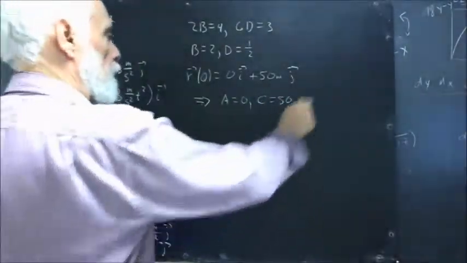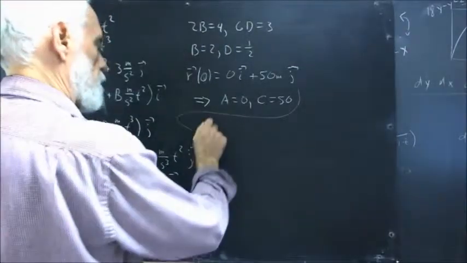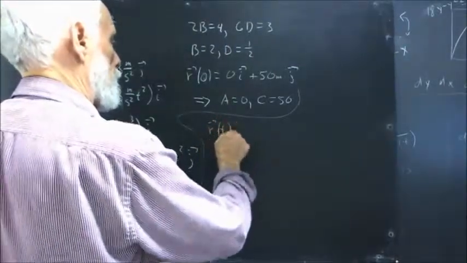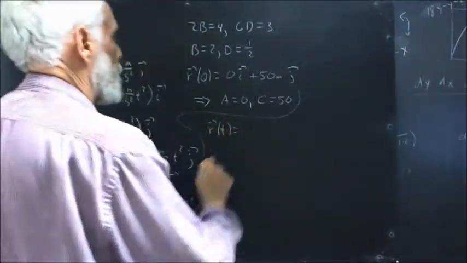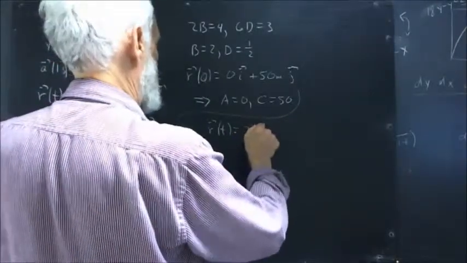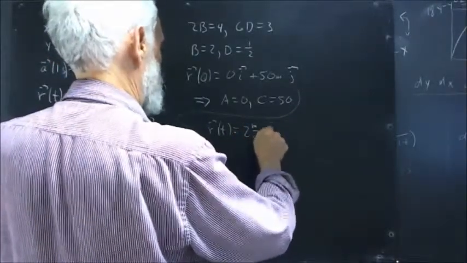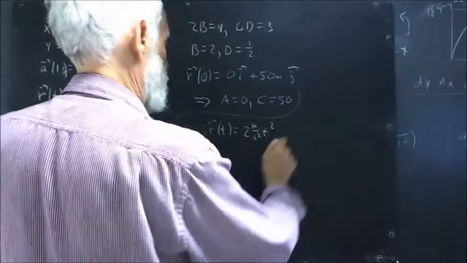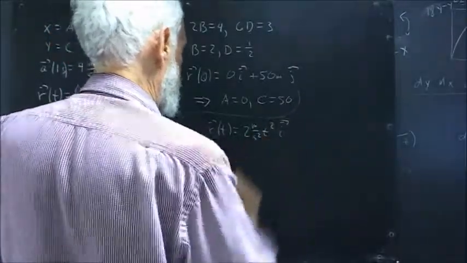So now we can write our r of t function, which is 2 meters per second squared times t squared i